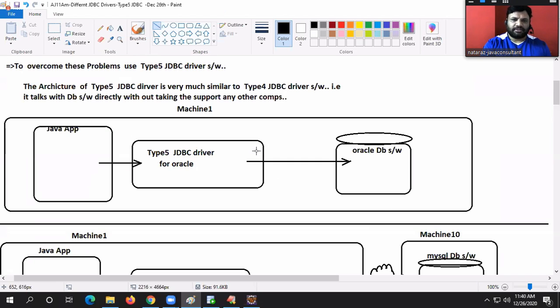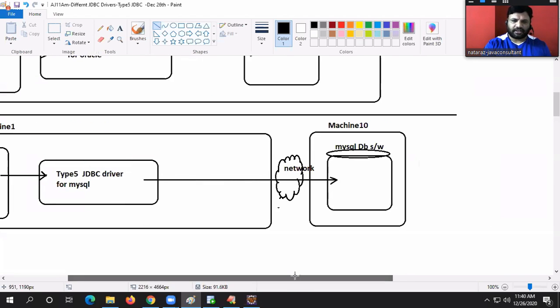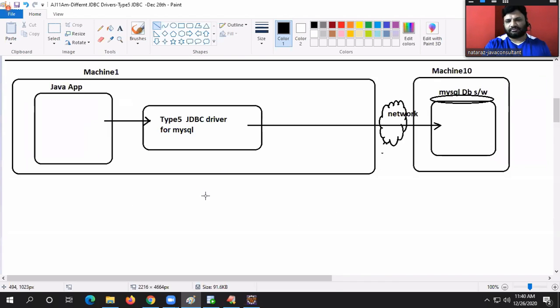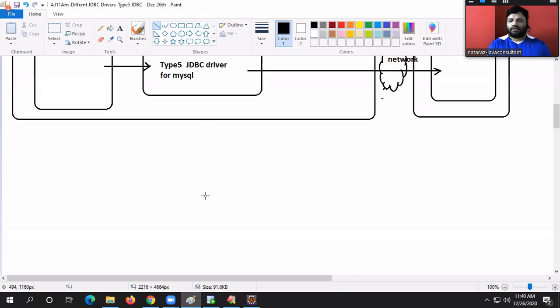Done, guys. Machine 1 and machine 10, here is the network.